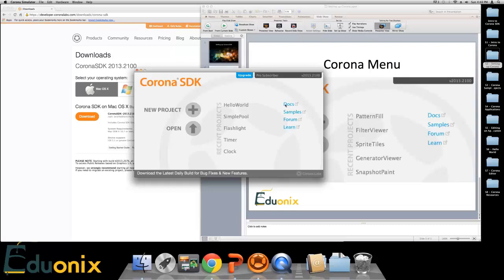On the right here we have a link to the documentation for Corona, a link to the sample applications that have been made in Corona, a link to their forum, and then a link to their tutorials and videos that they have created. So we're going to go ahead and click on Open,